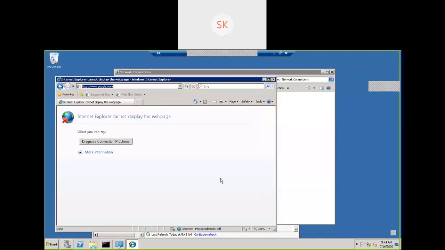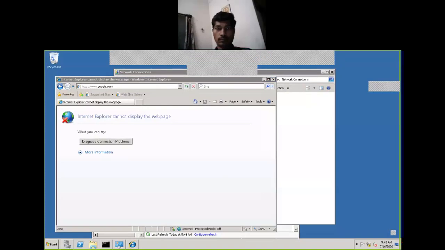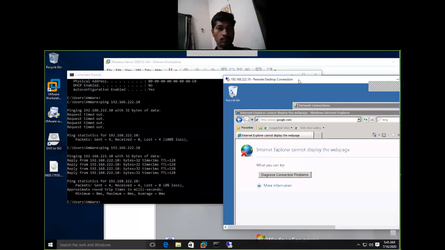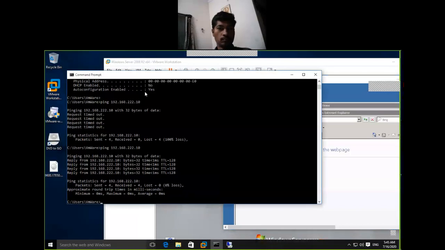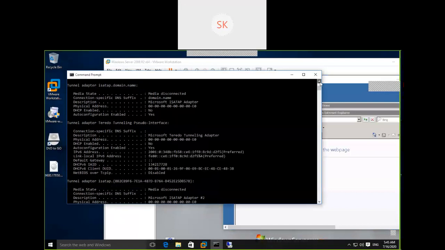Go to your desktop system, minimize this. ipconfig /all. What is the DNS server here? Find out the DNS server.